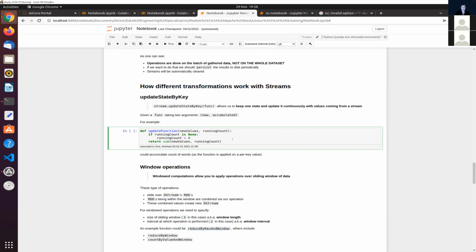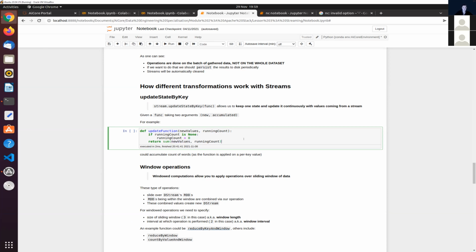What is it doing? Who can tell me what it's doing? I think it should be self-evident. It adds both of those variables if one of them doesn't store anything. Yeah. So if running count is none, so this is like a counter. If it's none, set it to 0. So that's our initial. And then return the sum of the new value and the current running